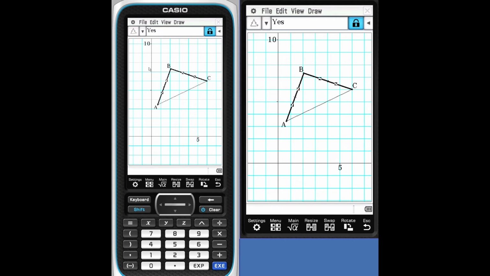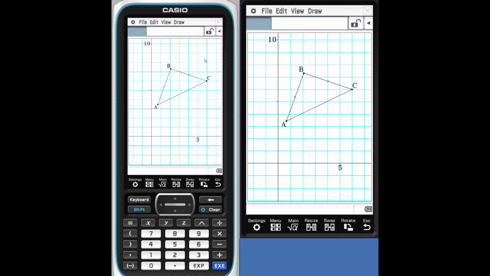The next one asks a question: is this an isosceles triangle? The answer is yes, and it's locked because that is what we constructed. And next we have distance. So we have distance between A and B. So this segment AB and BC, how far apart are they? They're not, because they intersect, so that 0 means these two intersect.